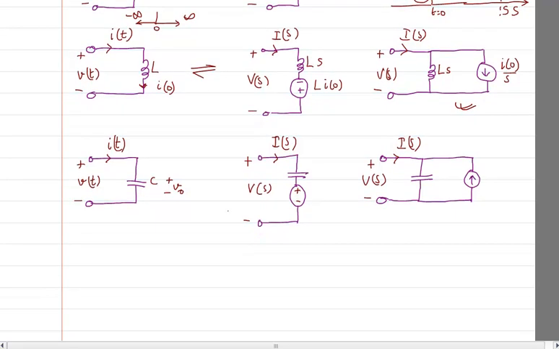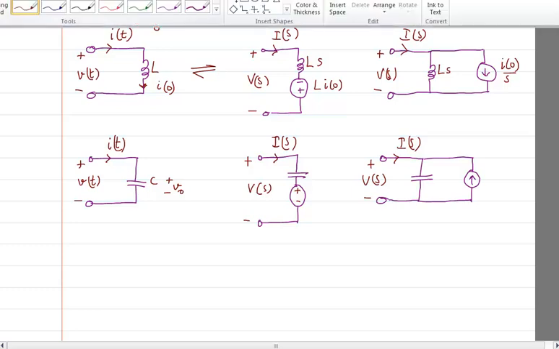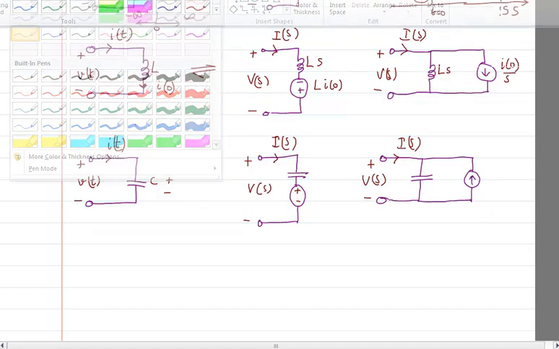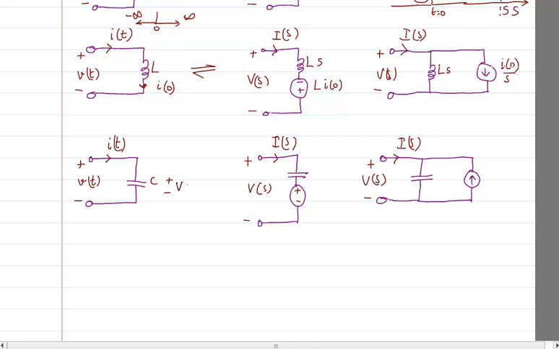Now similarly, when we have a capacitor and there is some voltage V of t applied, and because of which there is some current I of t flowing through the capacitor, it is going to charge with respect to time. Okay, so the charge or the voltage to which the capacitor is charged can be written as V0, or Vc0. You can write V0 or you can even write Vc0. So let me write V of 0.